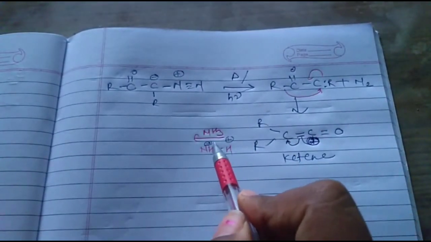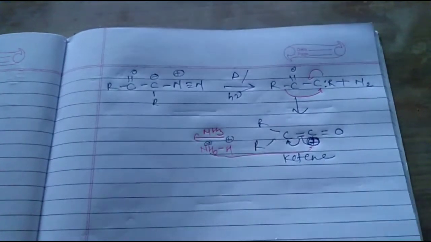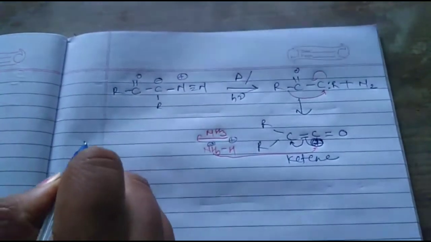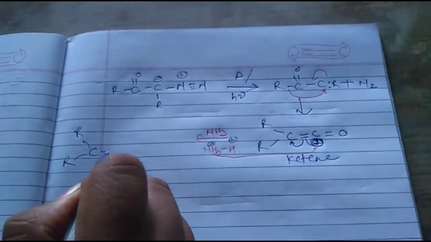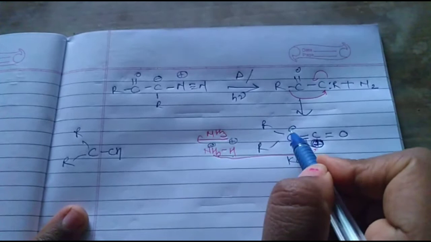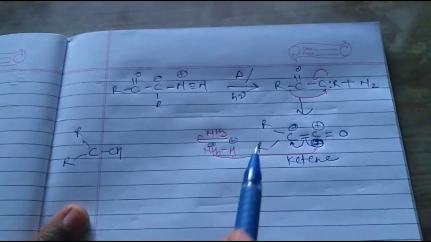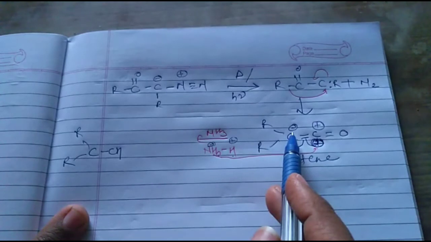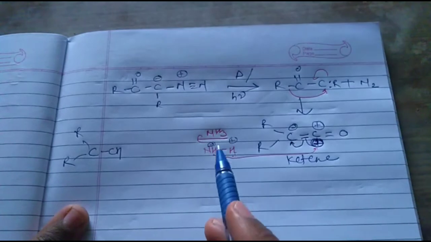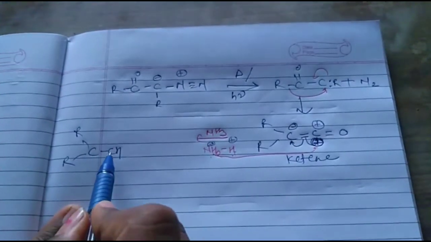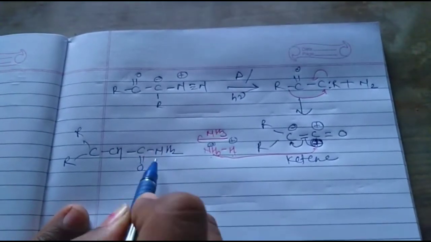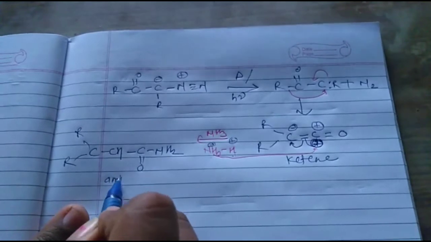This NH2 is bonded to this carbonyl, and there is a formation of a compound R R C H. This hydrogen is bonded to this negative charge carbon. This negative charge carbon attacks this hydrogen, and this NH2 attacks this carbonyl. There is a formation of R R C H, C double bond O, NH2. There is a formation of what? Amide.